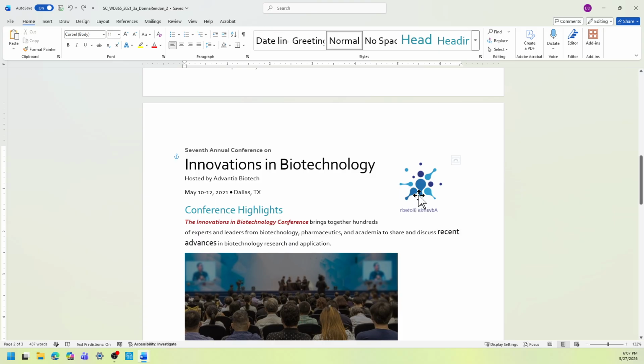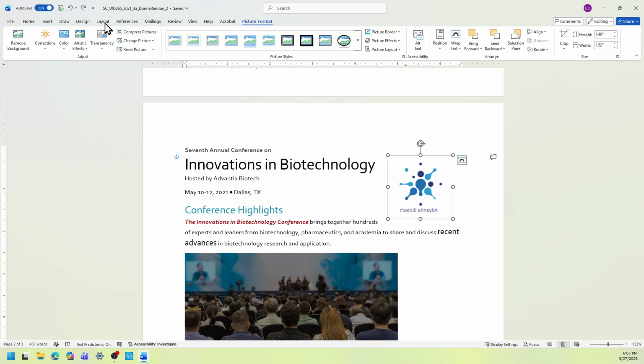So you make sure that you need to be in that picture, and then select the picture format so that the ribbon shows up for that menu. And then look at the arrange group here, and then select the rotate drop down menu. Then we're going to flip the picture horizontal.